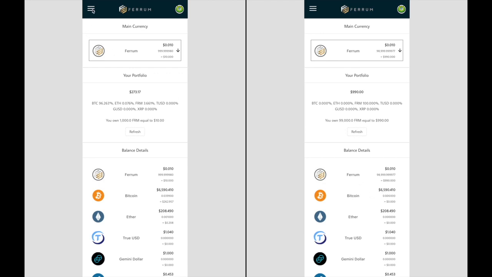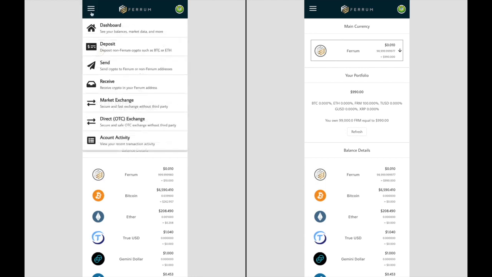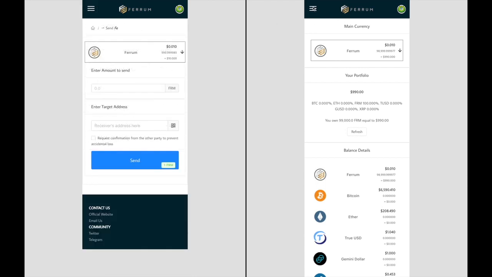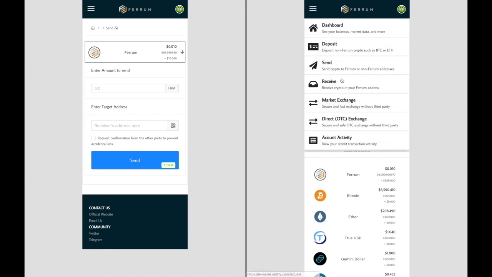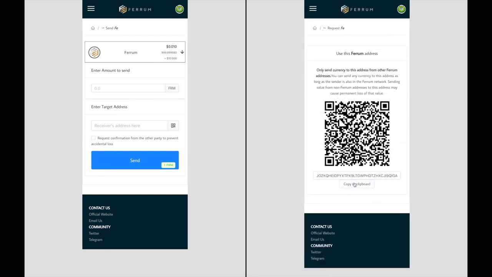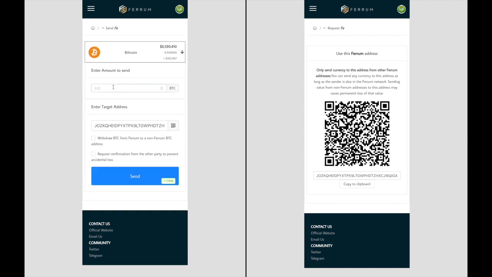We're going to send Bitcoin from wallet A to wallet B. In wallet A, we are going to go to Send, and wallet B, we will go to Receive. Copy the wallet address from wallet B and enter it into the target address field on wallet A. Select the currency and the amount,